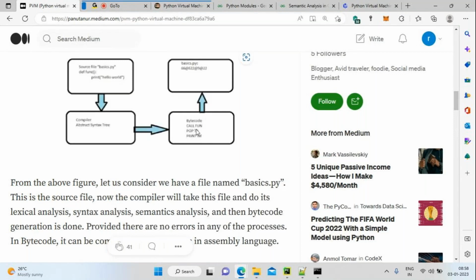The processor understands only ones as well as zeros. The PYC file looks like assembly language, like call function. If you are working with a microprocessor or microcontroller, they are written in assembly language. The interpreter converts it into zeros and ones.